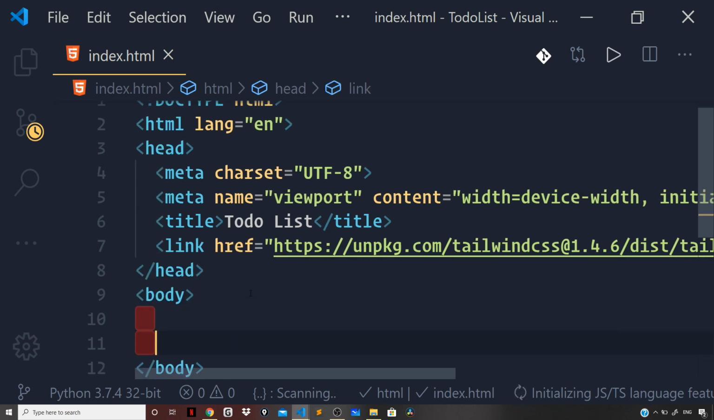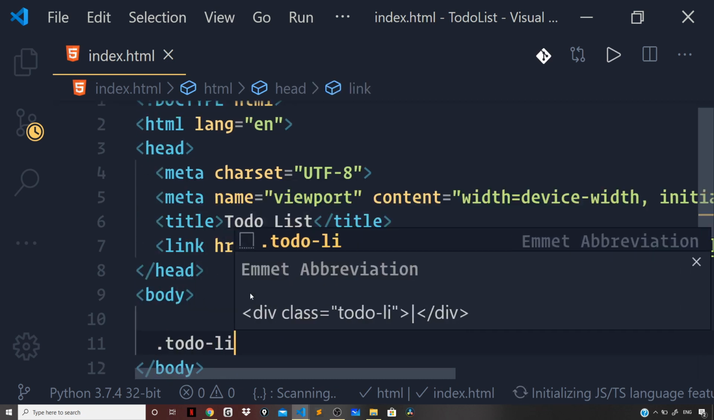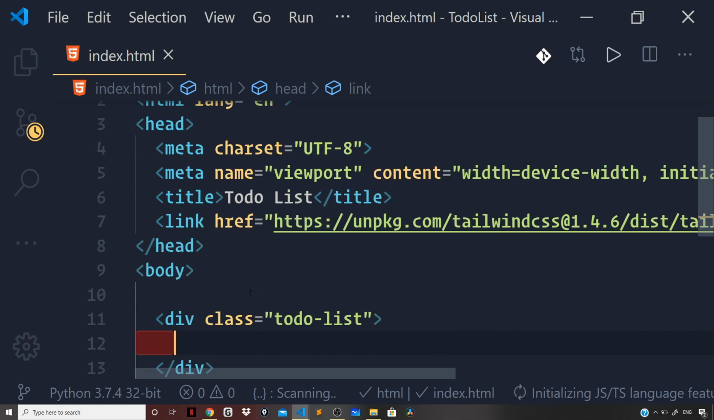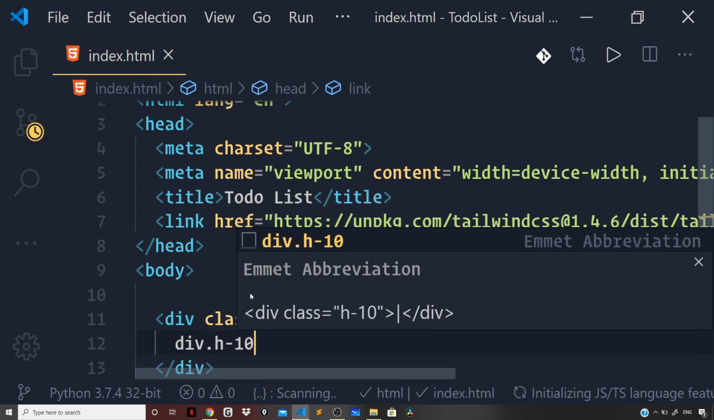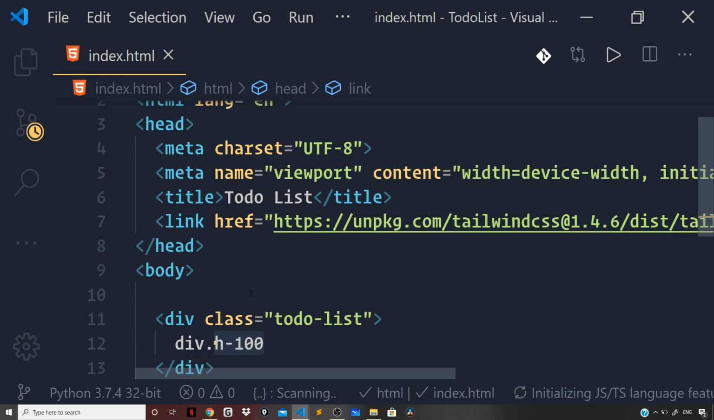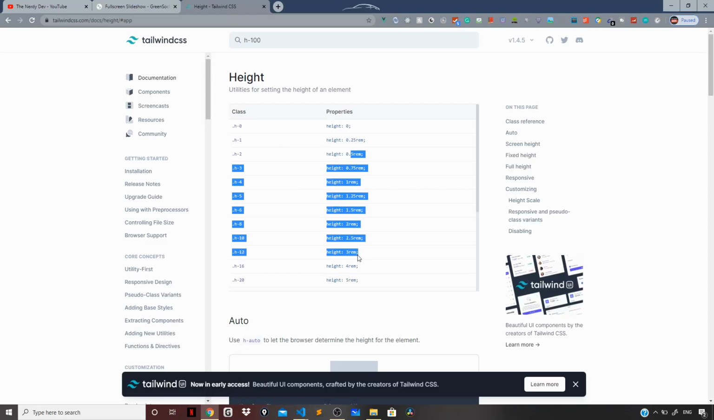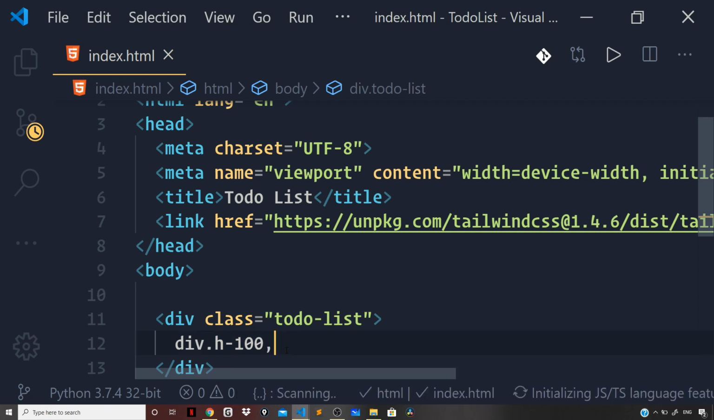And right here let us lay down the markup. I will define a to-do list class, and inside this div let us define a component. A div with a class of h-100, which is a tailwind CSS class. It sets the height in rems. For h-20 you can see it is 5 rems. So if we take h-100, it will be 100 divided by 4, and this comes out to be 25 rems. So the container holding the to-do list will have a height of 25 rems. I can set the width as full,